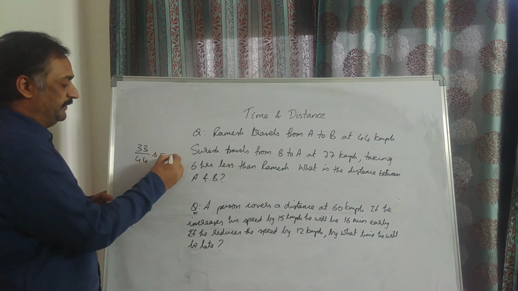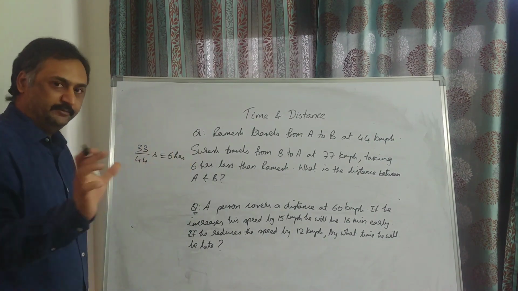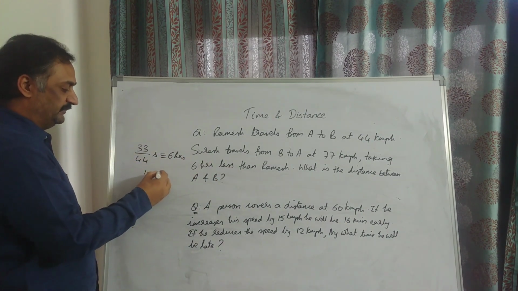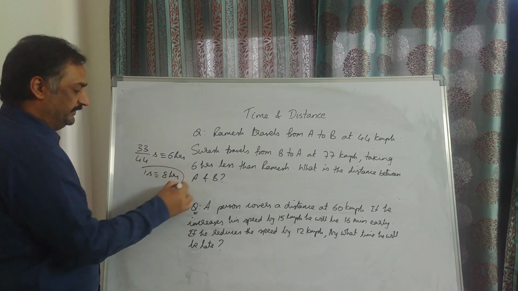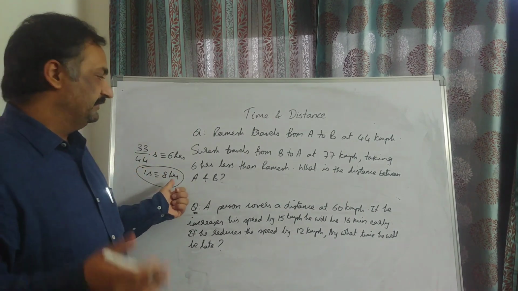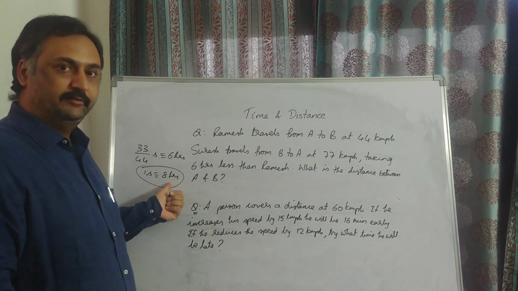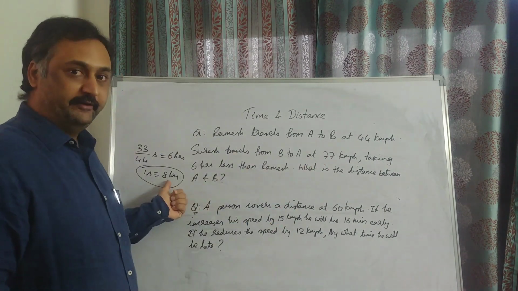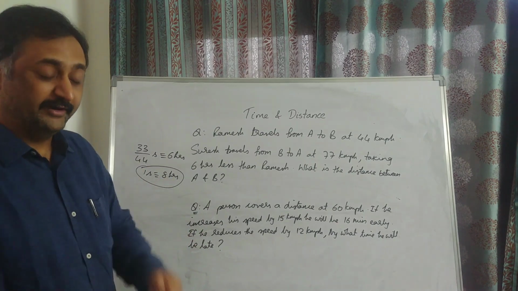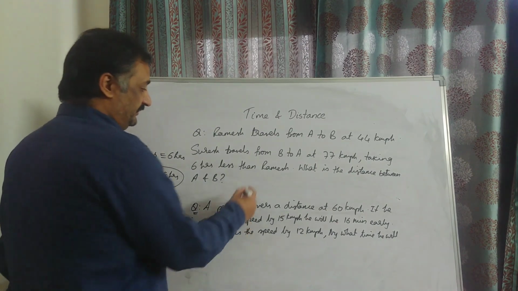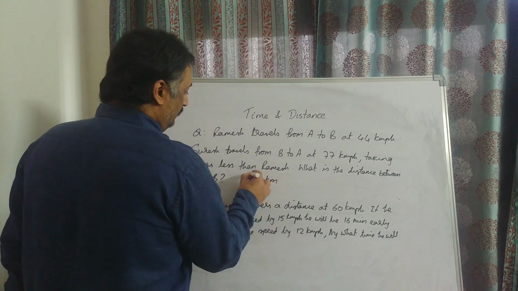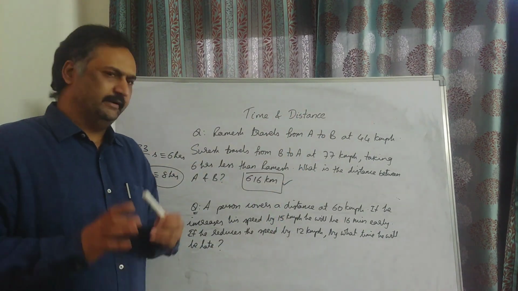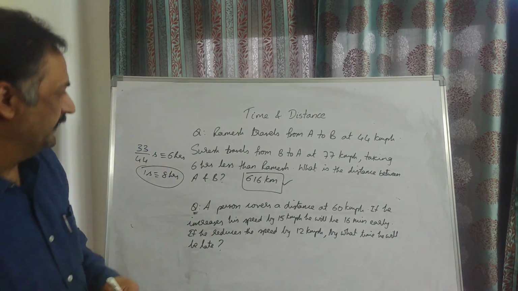So if I increase my speed by 33 out of 44, which is nothing but 3 by 4, this 3 by 4 speed is giving me 6 hours of time difference. So if 3 by 4 speed is 6 hours, then total speed is equivalent to 8 hours. So he is directly saying that Suresh, traveling with more speed, is traveling for 8 hours. So what's the distance between A and B? 77 km per hour for 8 hours, 77 eights will be your answer. What is 77 eights? 560 plus 56, 616 km. Right away. No equation, nothing needed. By strictly using our proportions, we are directly getting this answer.